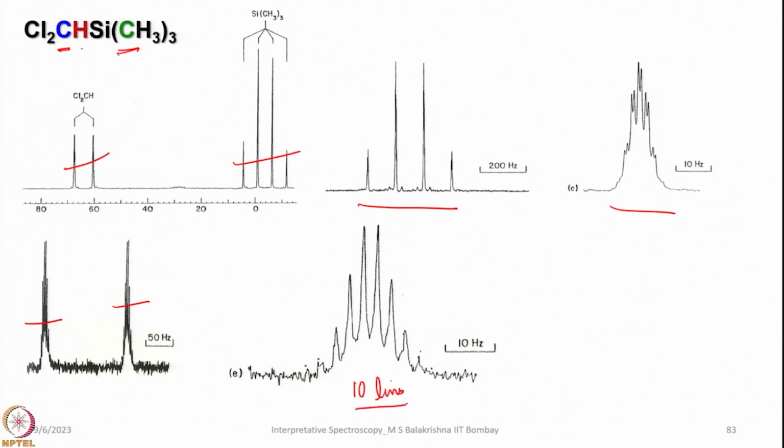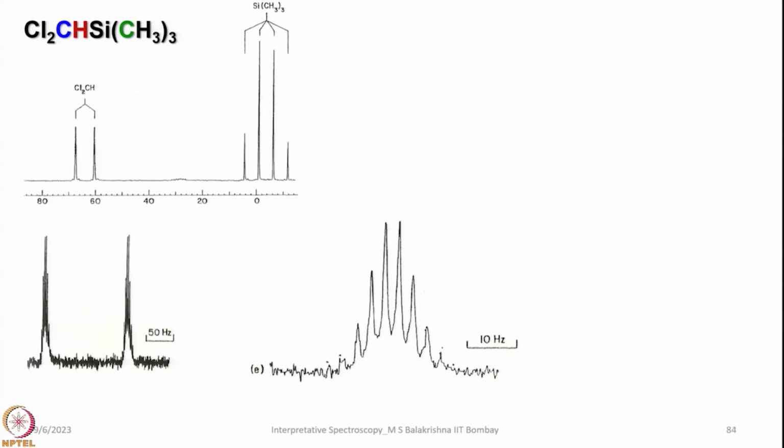So it is interesting to analyze how these 10 lines are coming here and how each one is a septet of doublets, how it is appearing here. You can see here, first I have an expanded version of this one, showing why each line is showing 10 lines here. And of course, if I just write the structure here,